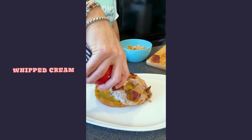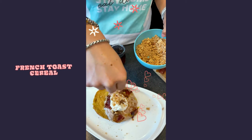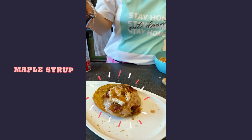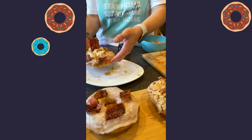We are going to put a little bit of whipped cream. We will top it with toast crunch cereal, maple syrup, and lastly, our caramelized bacon. And voila,